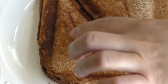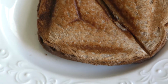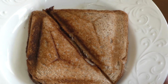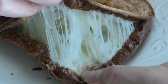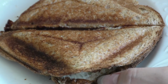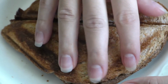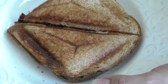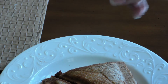Okay, so here's both sides. It just makes it really crispy on the outside, and let's look at the inside, because the cheese needs to be really gooey, and remember I put a lot of cheese in it. Oh, check it out, all melty and perfect. Oh, and it's really hot, so I burned myself, but that is perfection. And I took a bite out of it, and it was just perfect, just like I remembered. I mean, this sandwich maker is working perfectly